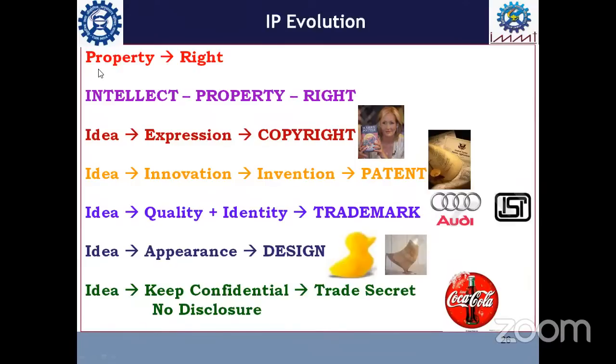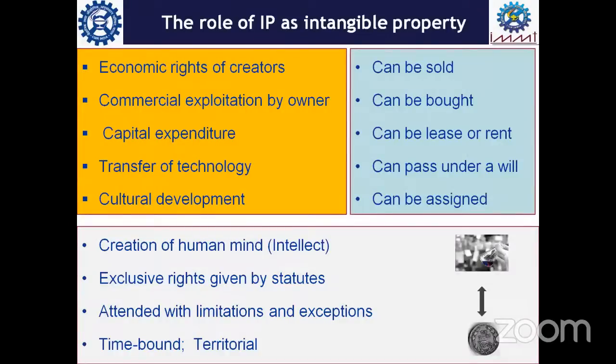And since we call it a property, we get some rights. And this property is a contribution of human intellect. It is called intellectual property, and the rights are called intellectual property rights. Then, since it is called a property, we get rights. Yes or no? And once we get rights, we can do anything with that, right? Similar to any other kinds of properties that we hold, maybe a movable property, maybe an immovable property, maybe a traditional property, whatever it may be. In similar lines, we can also exploit intellectual property.